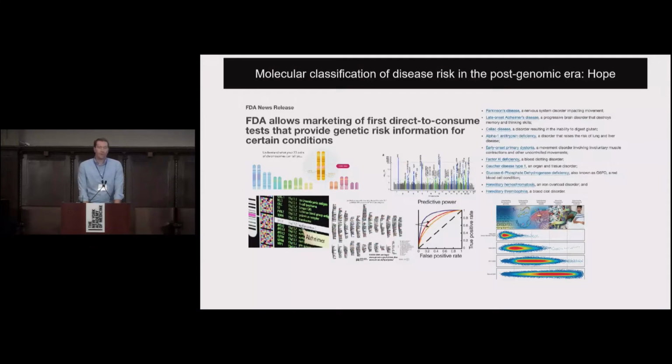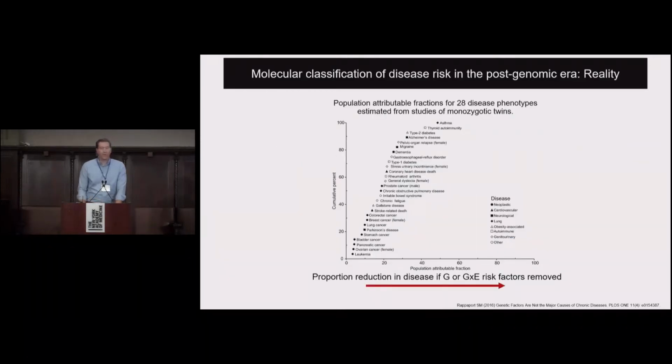So as we've heard from many presenters, prior to completion of the Human Genome Project, there was this anticipation that genetic testing would revolutionize our ability to predict disease risk. As we know, while there have been tremendous advances in genetics and our ability to use it within a medical setting, there are also a number of limitations, and we've really learned that genetics alone cannot be used to predict our risk for most common diseases.